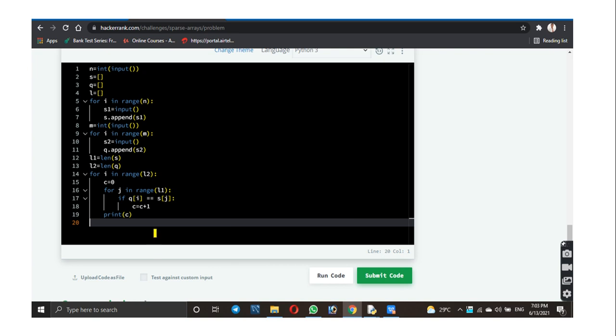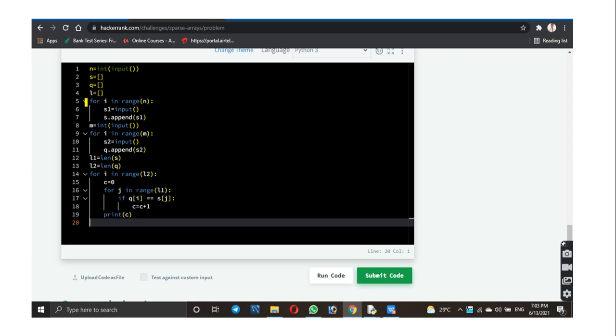So here I have implemented the code. Here I have taken n equal to the length of the strings, and I have declared lists for S, Q and L, where S is the string list, Q is the query list, and L is what we will have to print.